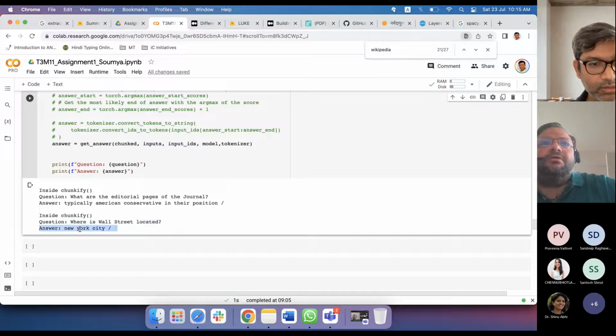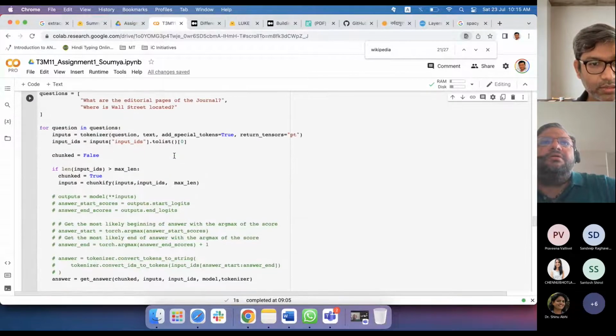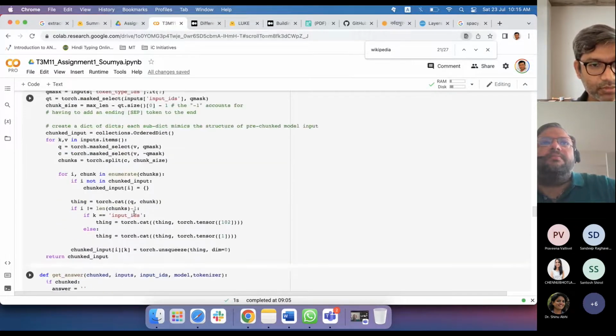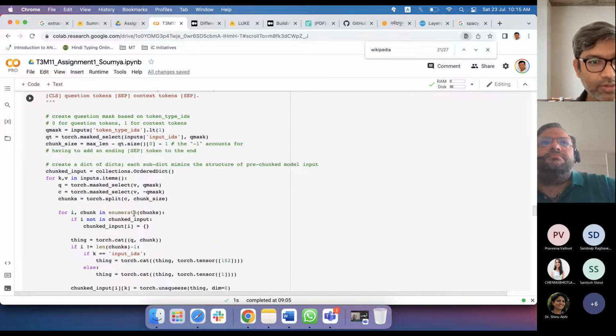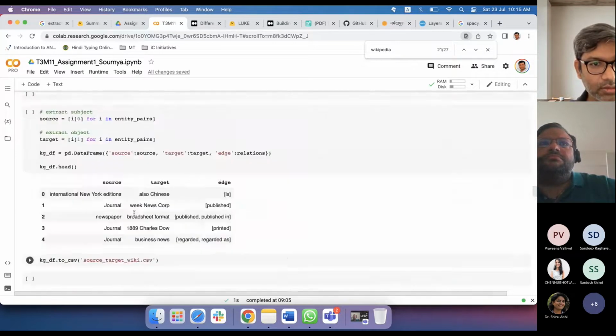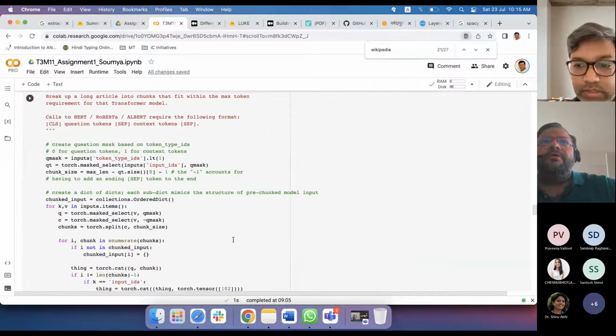And this is saying New York, and New York City. This is the code, and basically this is the piece to divide the text into chunks, if they are more than 512. So this is what I have now.